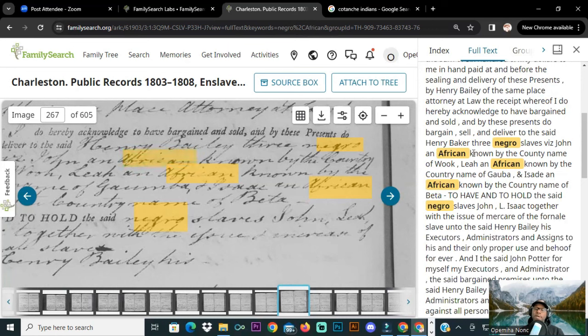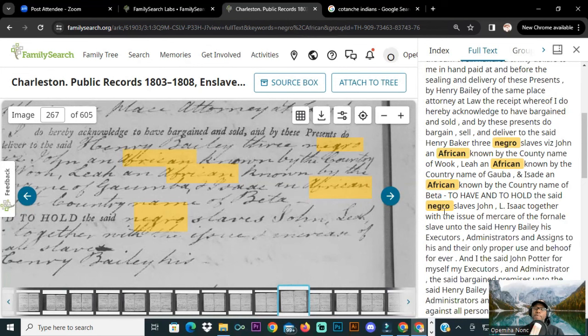John, an African, known by the country name of Wook. So John's an African. We got Leah, an African, known by country name of Gaba. And we got Isadi, an African, known by the country name of Beta,